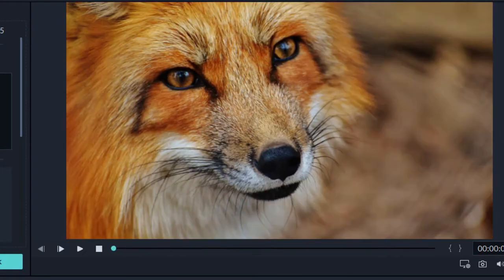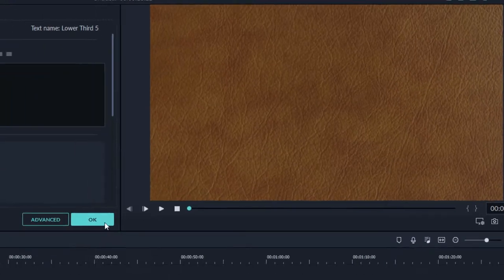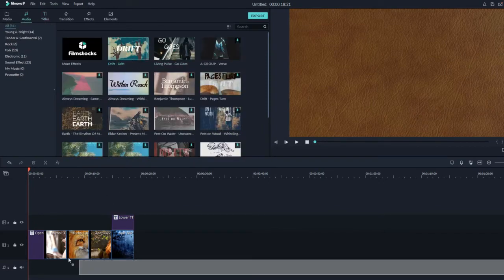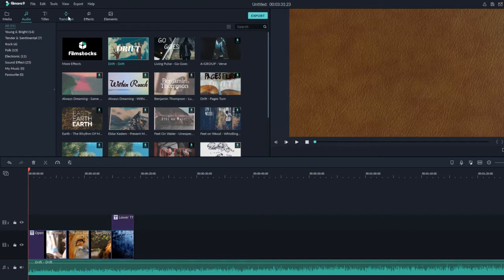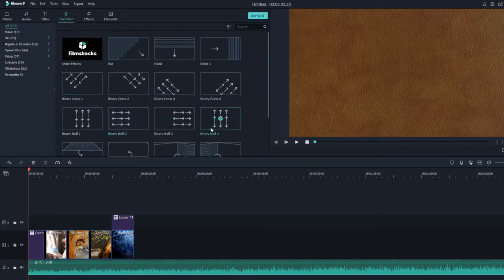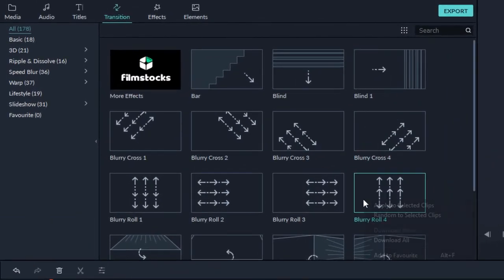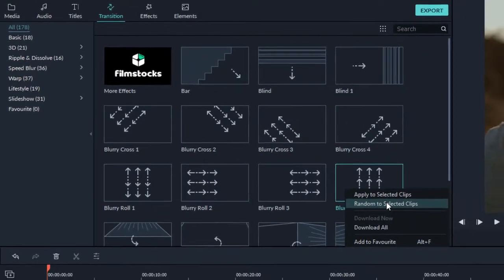And now I'll just go for audio section. I'll just hit OK and go for audio and select drift and place it here. I'll go for transitions and I'll just simply select all these pictures, and I'll just simply right click and random to select clips,